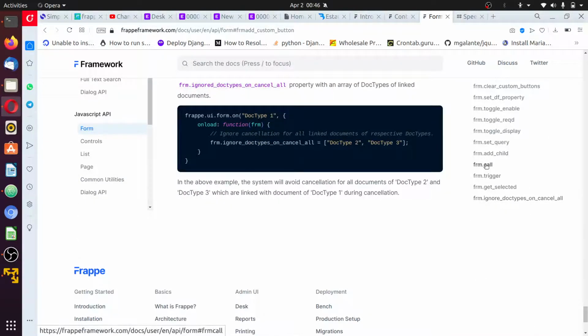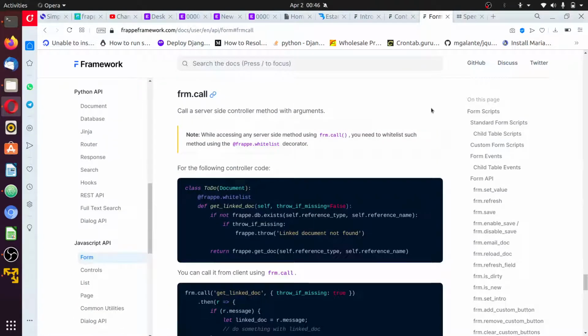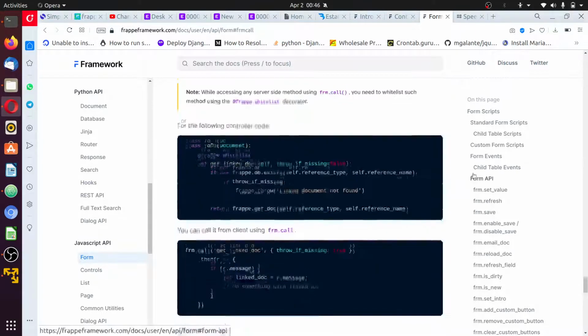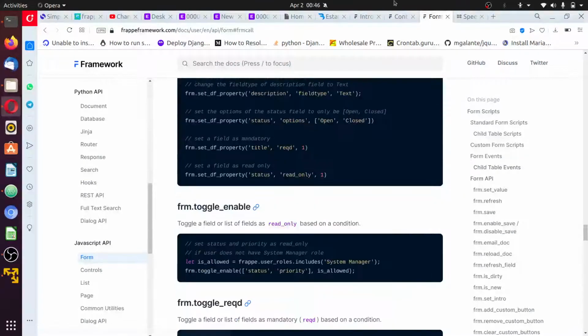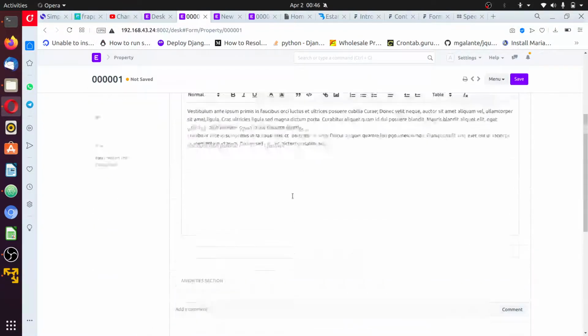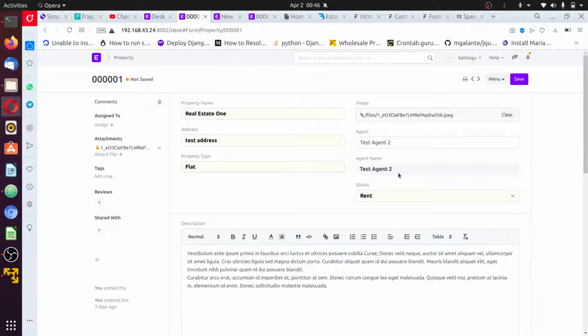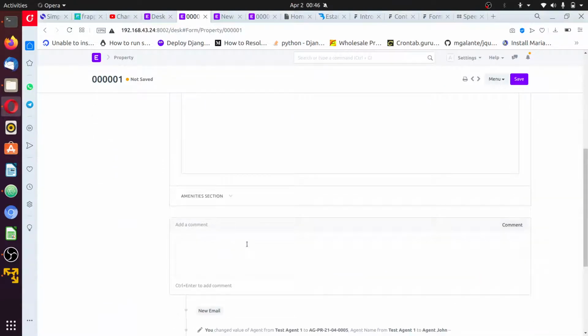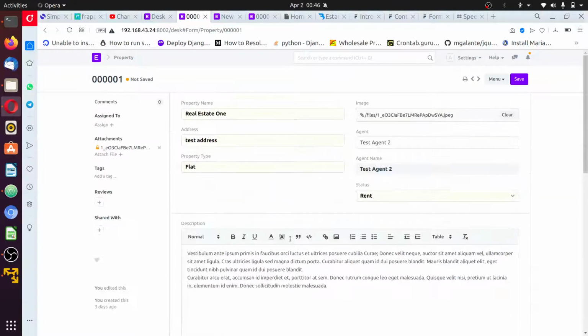This form.core does some things, but for now, I want to do a few things on our property doc type. The first thing I want to do is, should I make it simple? Okay, first I want to add a button to this place. To do that,